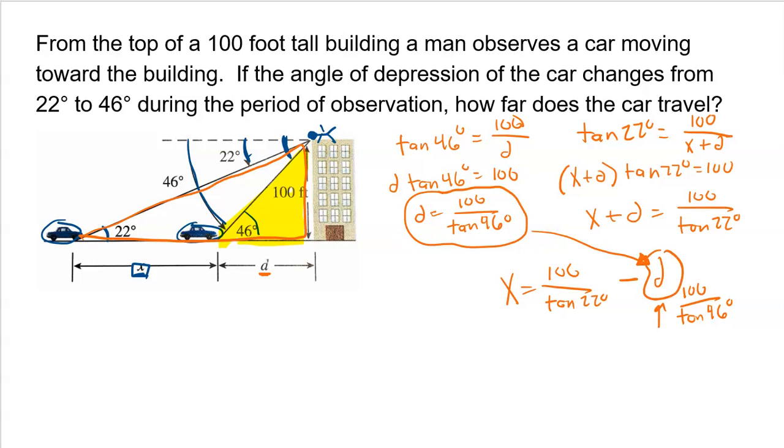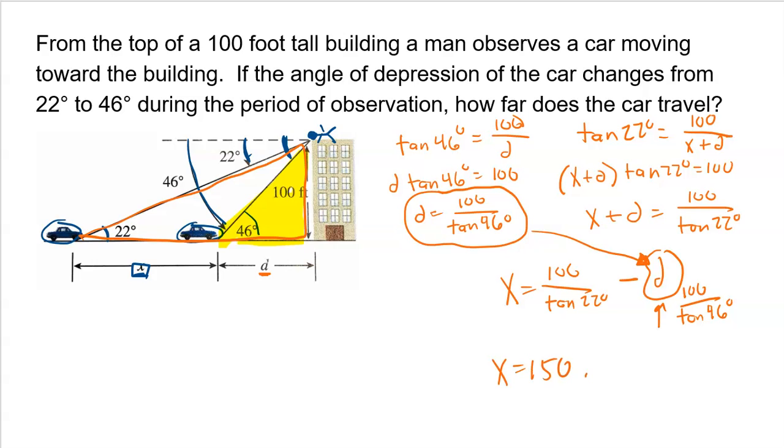So it's similar to that last problem we did, where I want to find x, and I have to find a trig equation that can help me find x, but I have to incorporate d, even though I really don't care what d is, I got to incorporate it. So now I'm just going to go to my calculator. Be very careful typing this in because we got fractions, so use parentheses. So 100 divided by tangent of 22 degrees. Close the 22 degrees, close the parentheses for the fraction, minus new set of parentheses for the 100 divided by tangent of 46 degrees. Close the 46, close the overall parenthesis for that fraction, and I get